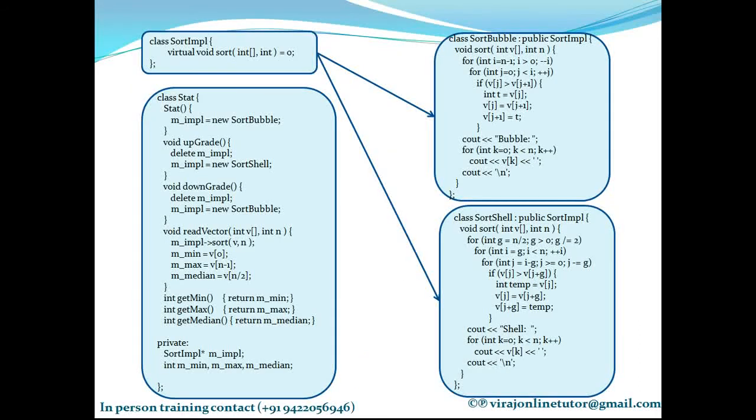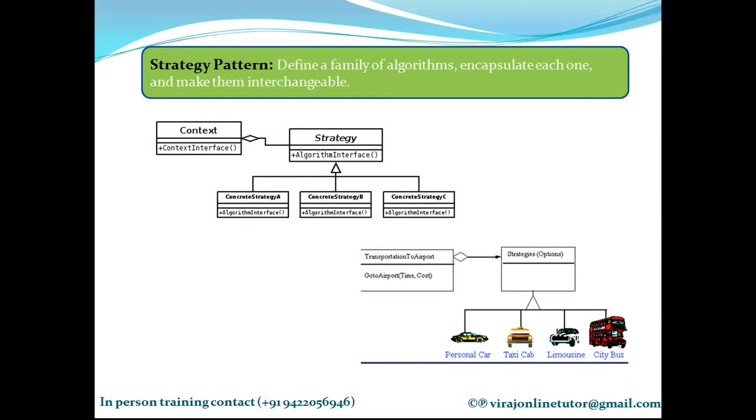Now I am going to explain this strategy design pattern with a very simple example. Let's take a very simple example of a sorting class. I have a vector and I need to sort that vector. So I have a base sorting class. If I compare this with my UML diagram, the base sorting class belongs to which one of these three components? Can you all answer that please?